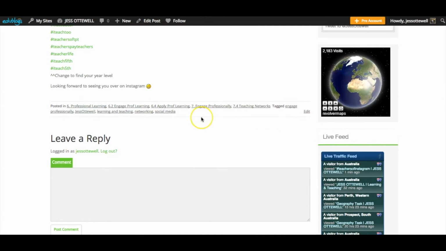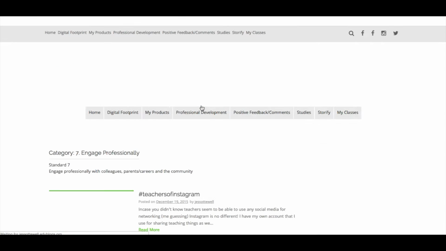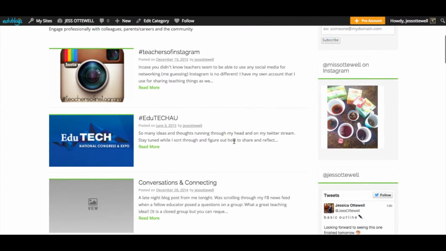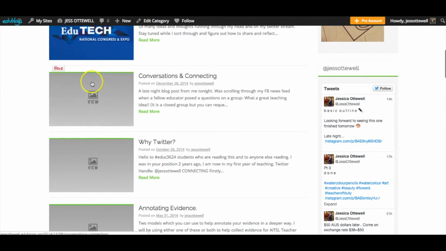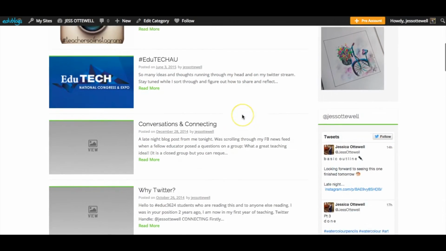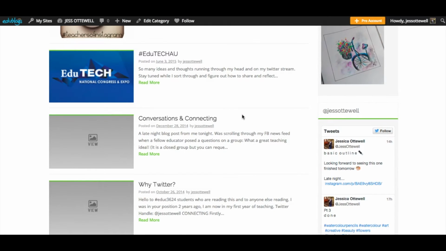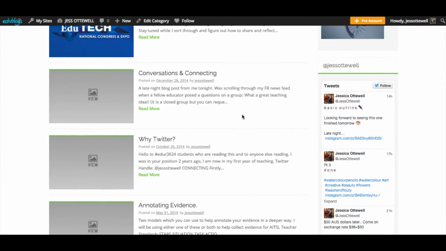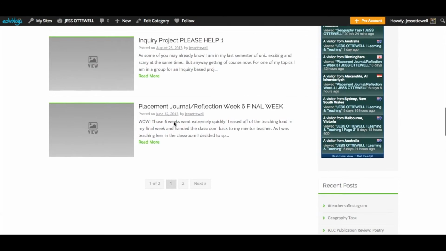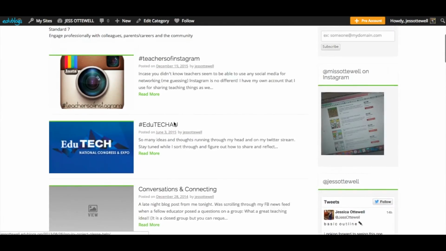So if I go to, let's go number 7, engage professionally. So there we go, we've got that post and all the posts that have come up. This is what I was talking about with it looking ugly. Like, let's be honest, that looks nicer, a nice picture. It tells you what the post is about as well. So that's why I recommend doing a featured image, because then you don't get a grey box with view in it. I was considering going through and adding an image for all of them, but there was just too many